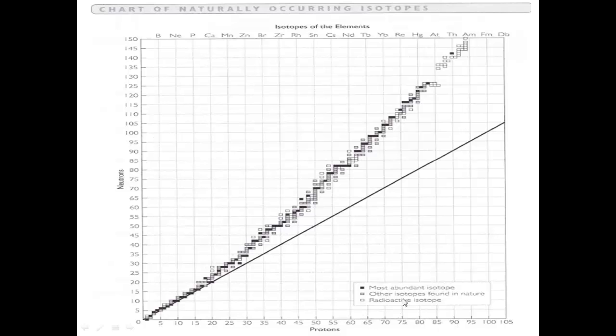Those are what we call radioactive isotopes. It's an element, it's a metal. And those are radioactive isotopes that aren't stable all the time. They'll break apart. We're going to talk about that